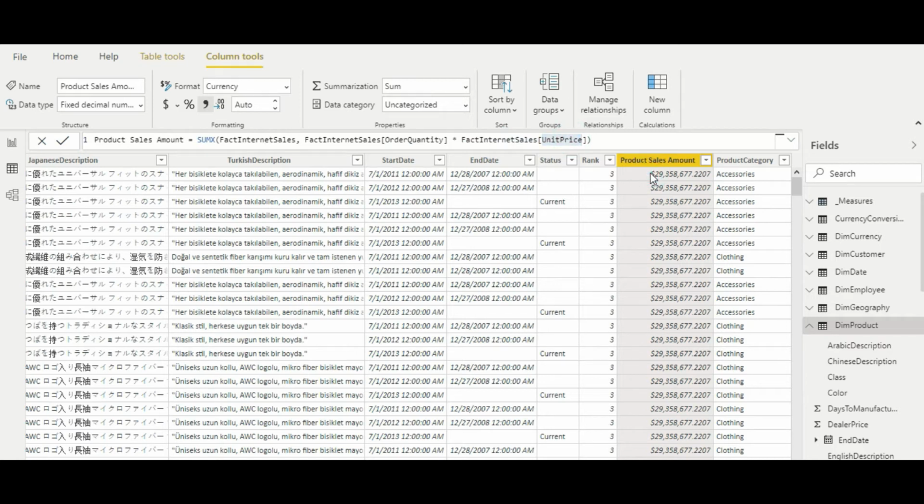But if you remember, the sales amount will only be different for each row when there is a filter context. Right now there is a row context, but the filter context is empty. The filter context is missing here because, as we studied, there is no filter context existing at the time we are creating the calculated column.